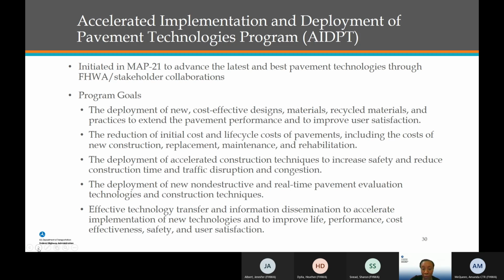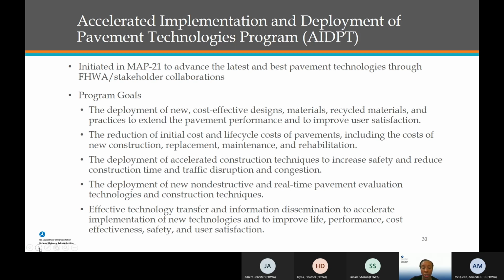And so I'm sure many of you, whether you know it or not, have participated in activities or demonstration projects, workshops, training that was most likely funded through the APT program. Not only does the law tell us that it can only be used for deployment and implementation activities, the law, first in MAP 21 and then continued as a part of the FAST Act, also highlights some program goals. I'm not going to read the 5 goals, they're listed on the screen, but you can really see that they cover the gamut of those program areas that I talked about a few slides ago.